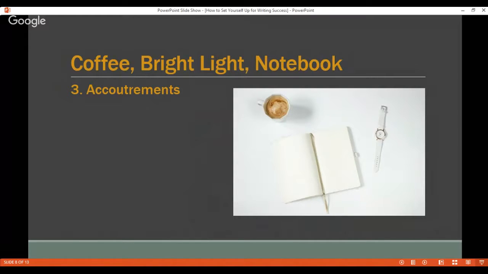For me, also, bright light works out really well. I'm a person who wears glasses, I'm farsighted. And so for me to be able to have a bright light so that I can see really easily without squinting or without getting eye strain, that helps me a lot. And for me, I actually like to write in different ways. So I do like to have a notebook. Sometimes I'll write by hand. Sometimes I will also use a typewriter.